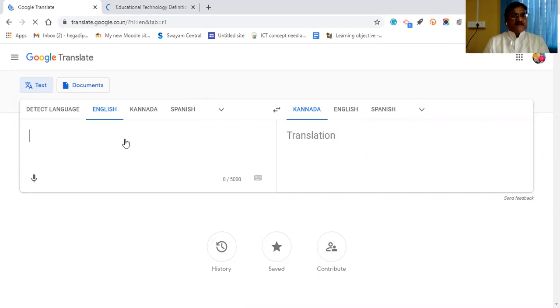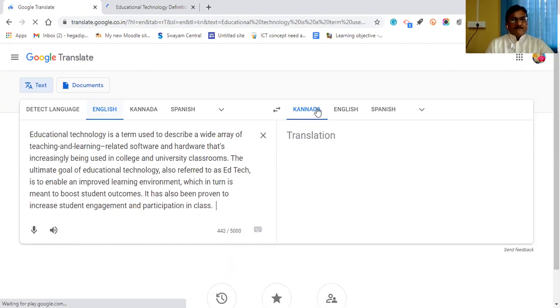The educational technology definition. I have taken a bit of the content from that. In the left column, I have chosen the English here. In the right column, I have taken the Kannada. Okay, Kannada. Those who are Kannada medium students, usually it is useful for them right now. If you are finding difficulty in translating the things, you can directly take the English material and then you can go for the Google Translate application.